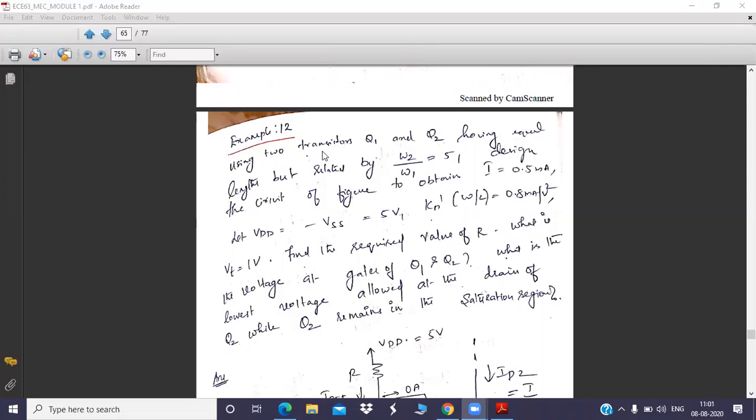Now you can go through this particular problem. Read this problem carefully and understand the things: what are the given parameters and what you have to find. So based upon that, we'll solve this problem. It is very important for you. Try to read the problem and understand the given parameters and what you need to find out.